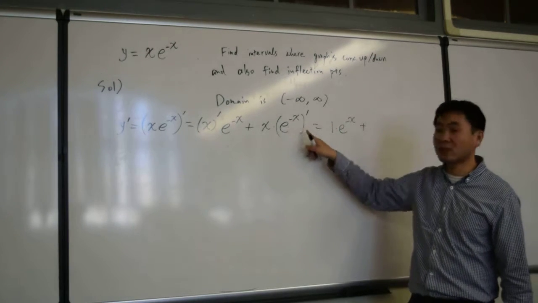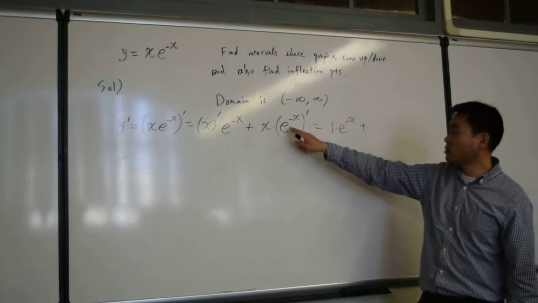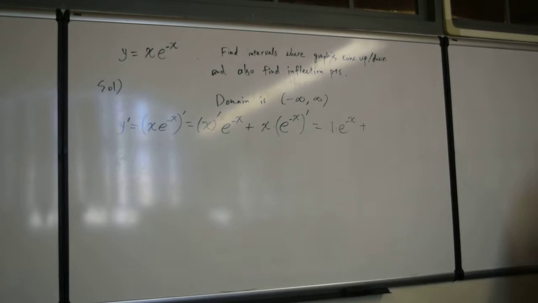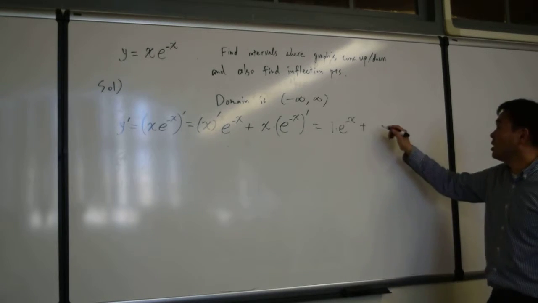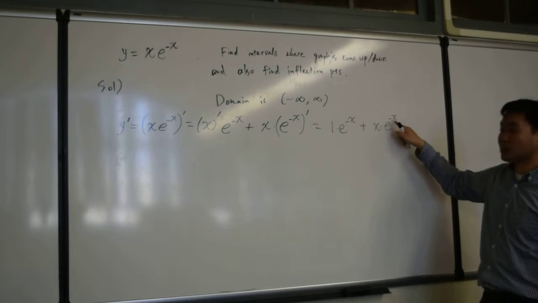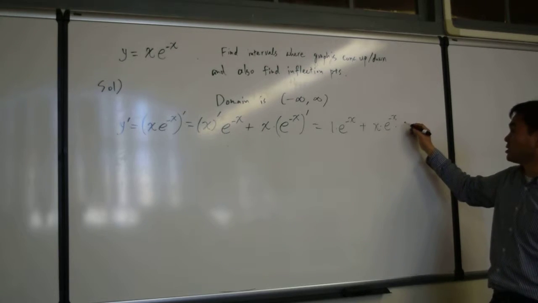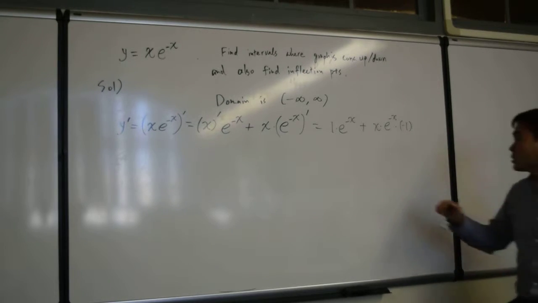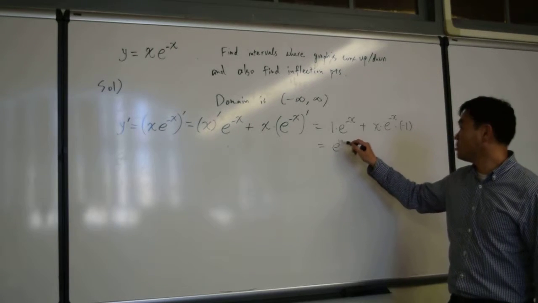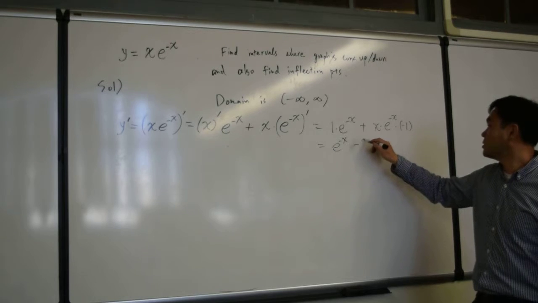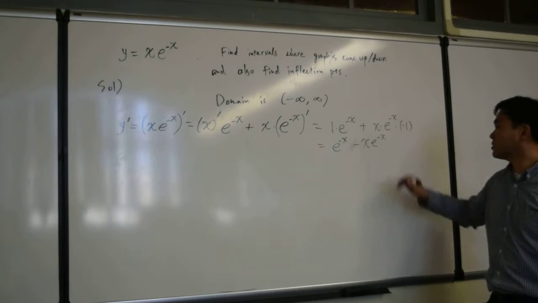The outside function is e to the x, which differentiates as e to the x, unchanged. So you have e to the negative x unchanged, but the inside function has to be differentiated, which gives you negative 1. The derivative of negative x is negative 1. And therefore you have e to the negative x minus x times e to the negative x,